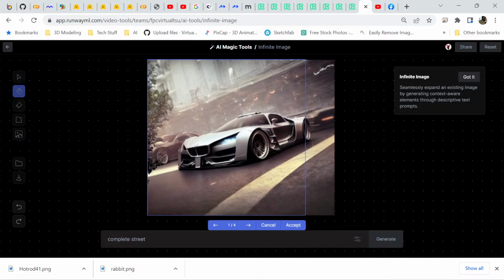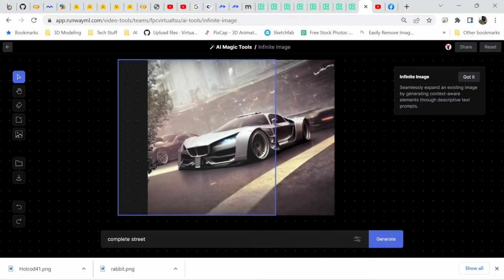So let's go more towards the left, and then we're going to build a little bit towards the right. We're definitely going to accept this one. I think that's the one I want, because if I go for the other ones, they are not looking that great. Usually I can tell if the first image looks really, really good, you should go for it. So we're going to hit accept, move it over a little bit, hit generate again, and it will complete that out. It looks like it's putting a tree in the way,